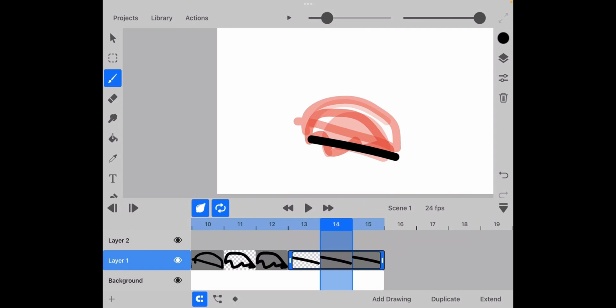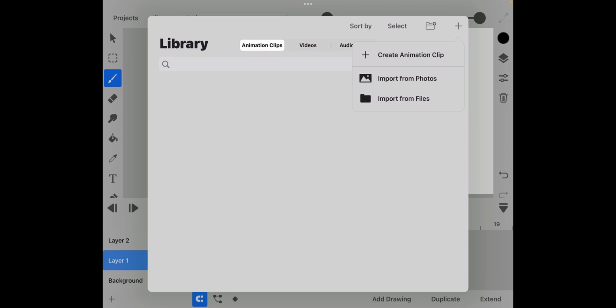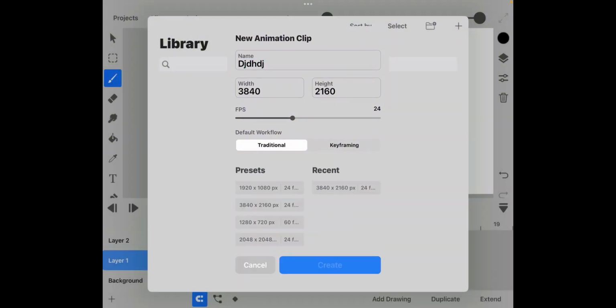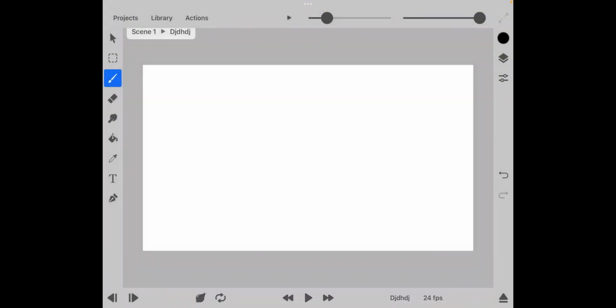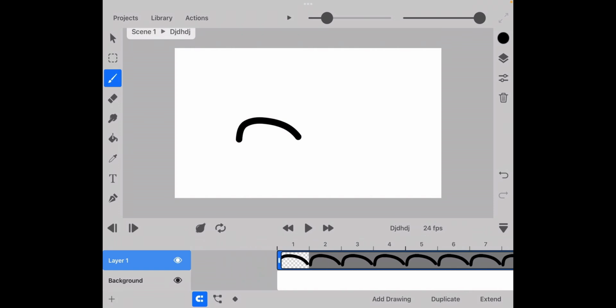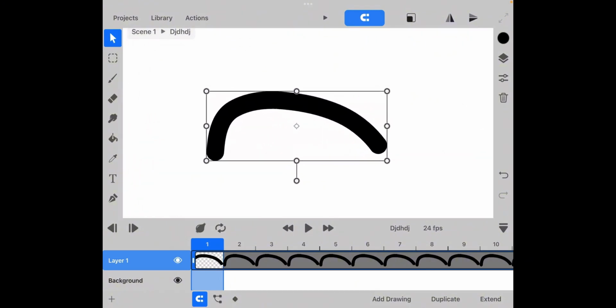Go to library. Then you want to click the plus button and click create animation clip. And then what you want to do is draw your frown or smile, and as I told you, extend it, and then you want to go to the pivot. You want to click that